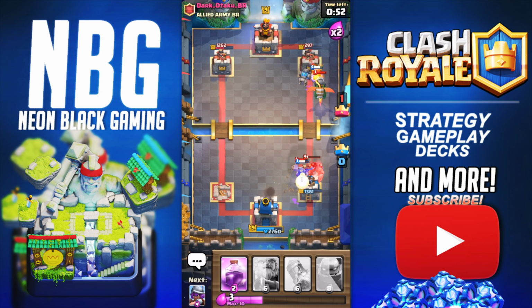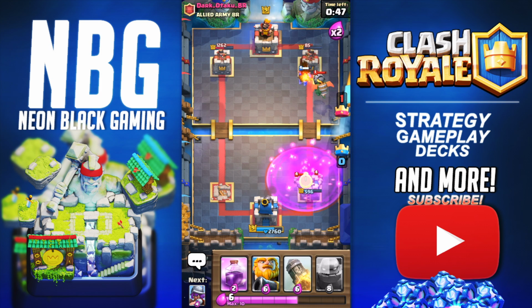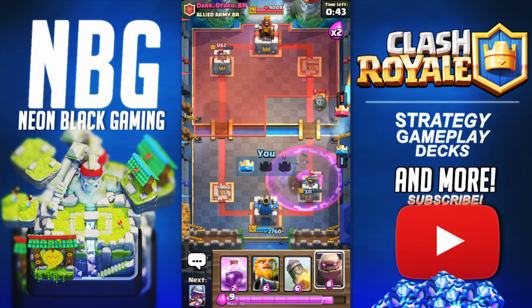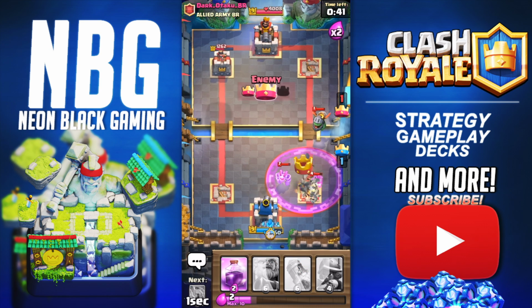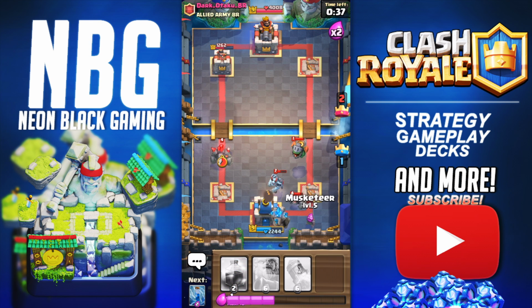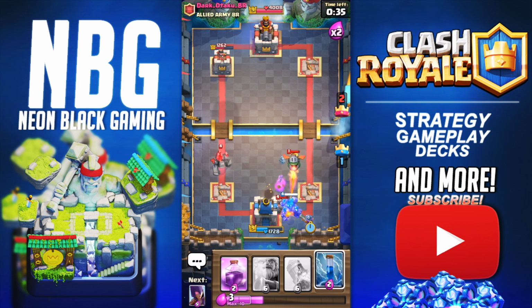No more distraction. Miner better target that Lumberjack, and luckily for some reason the Lumberjack has been targeted, and we are going to lose that tower to that Mega Minion. So we are going to have to go for the 3 crown. Does not matter that we have some damage on that tower already. And here comes a second Golem. That could be the end of us as long...